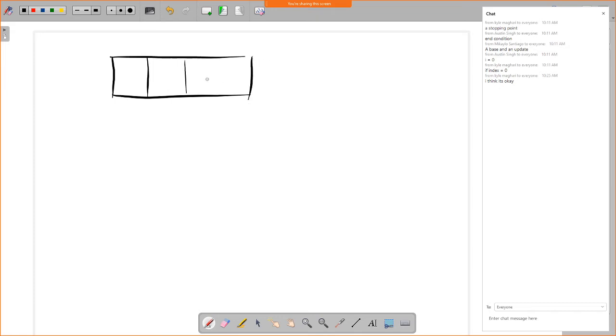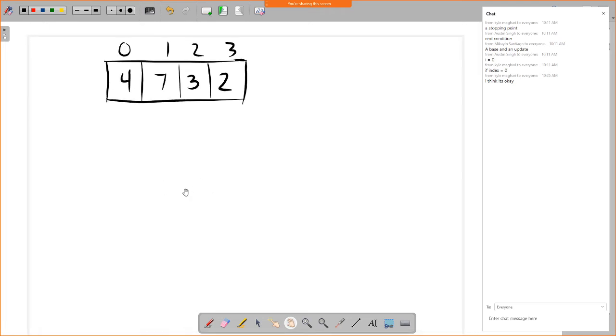So let's just say I have a list of, let's just keep it as 4 for now to make it simple, 0, 1, 2, 3. And we'll just put in here maybe 4, 7, 3, and 2. So we were starting with the idea of, well, maybe one way to sort this would be to use selection sort. So what selection sort does is it goes through and it